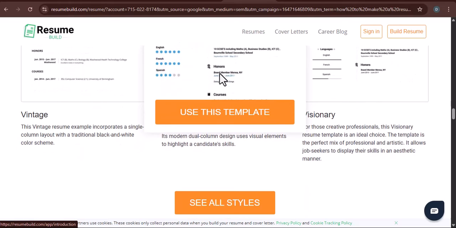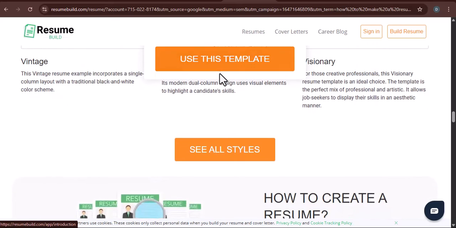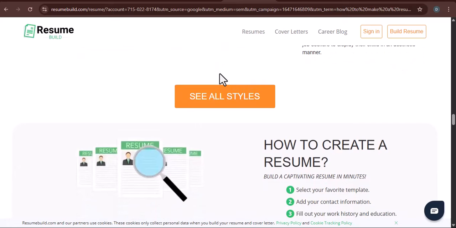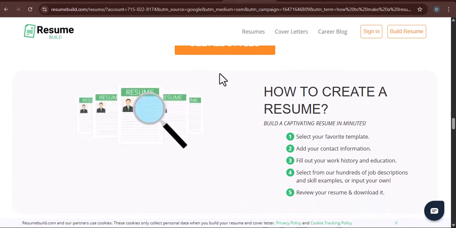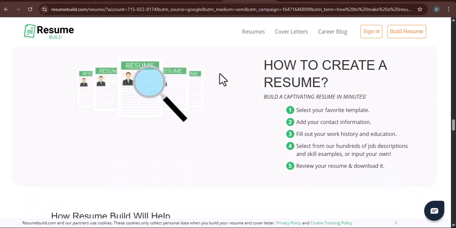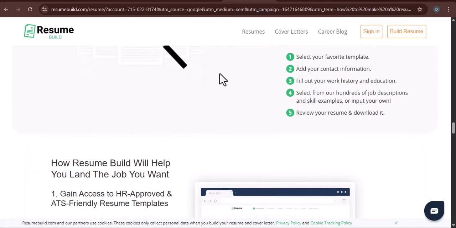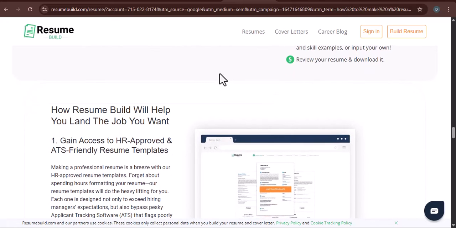Now, let's talk about a clever workaround for those who want a bit more design flexibility without upgrading. Kickresume allows you to create a resume and then download it as a PDF. Even with the free plan, you can preview your resume in various templates. The trick here is to utilize the preview function. While you can't officially download premium templates on the free plan, you can take high-quality screenshots of your resume preview